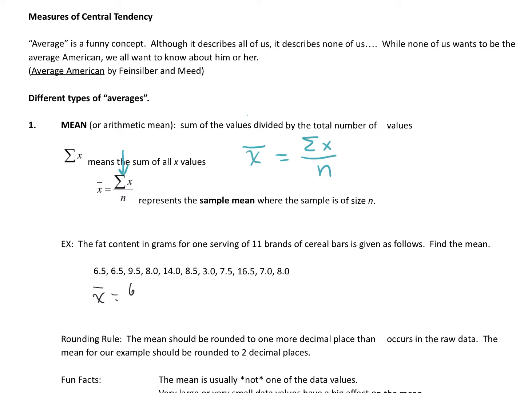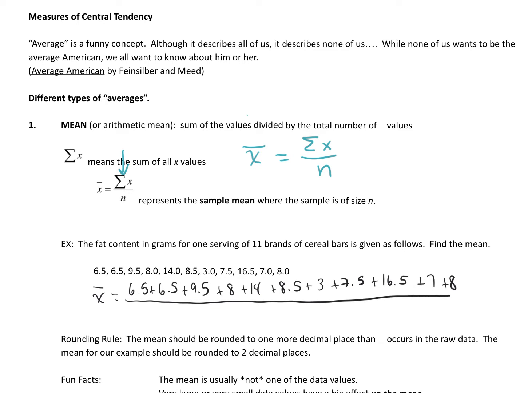So if I want to write this out, it's 6.5 plus 6.5 plus 9.5 plus 8 plus 14 plus 8.5 plus 3 plus 7.5 plus 16.5 plus 7 plus 8, all divided by 11. Now, if you want to put something like this in your calculator at once, make sure you have parentheses around your numerator so it calculates correctly. Adding up the top, I get 95 on the top divided by 11. So when I do 95 divided by 11, I'm getting